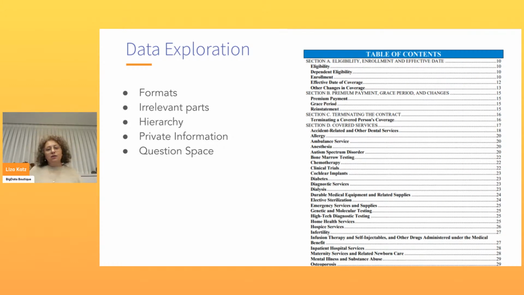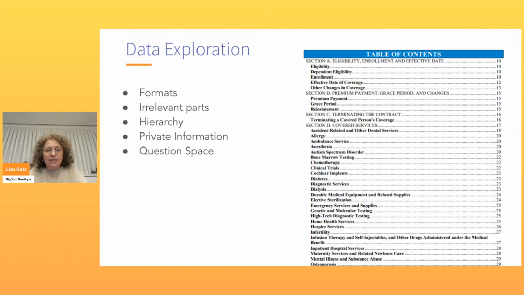Then we're going to look at hierarchy. Some documents don't have it. Some documents, let's say, are just news articles. It's just one title, some content, and that's it. But an insurance policy is definitely a structure that can't be looked at as just one large piece of text. As you can see from this table of contents, while itself it's not relevant to our agent, this document is structured in a very specific way.